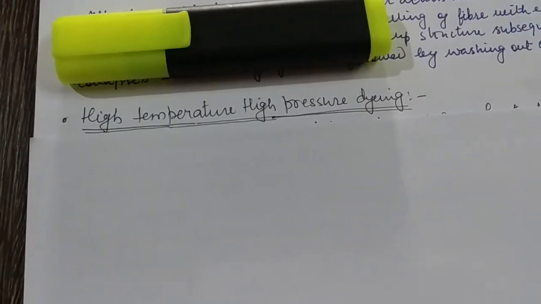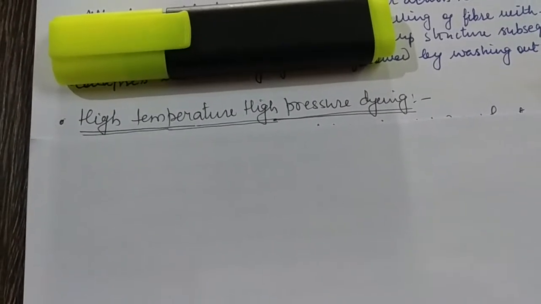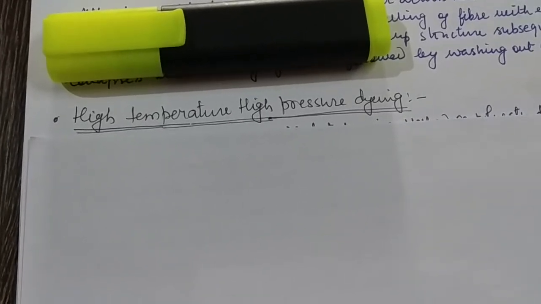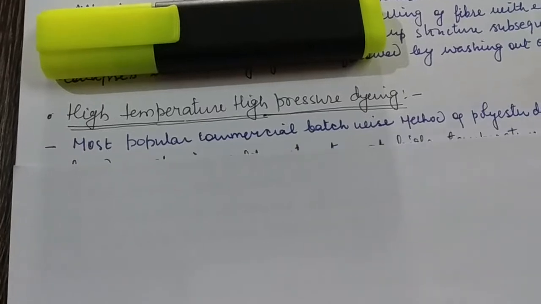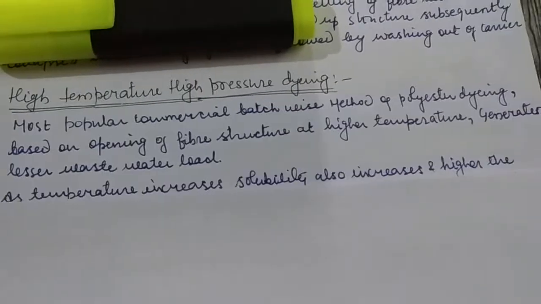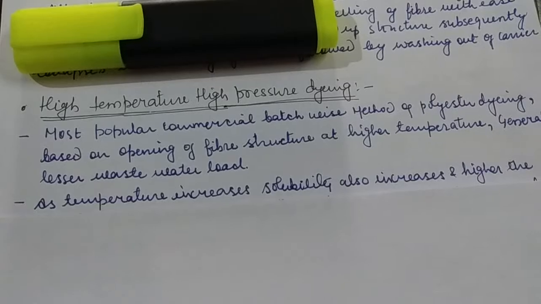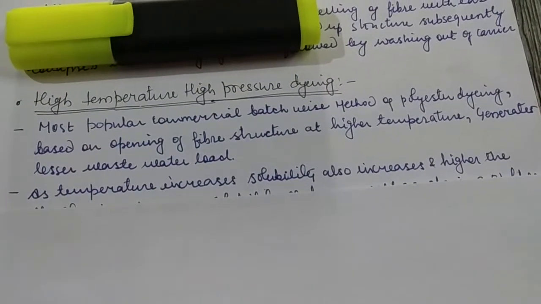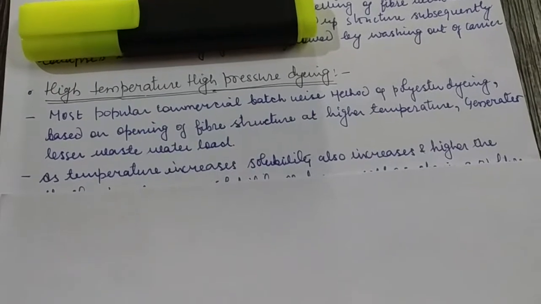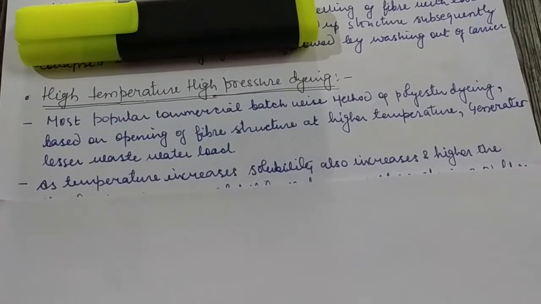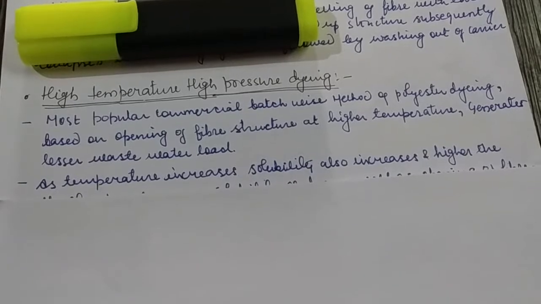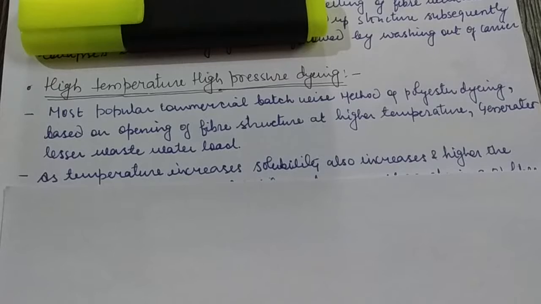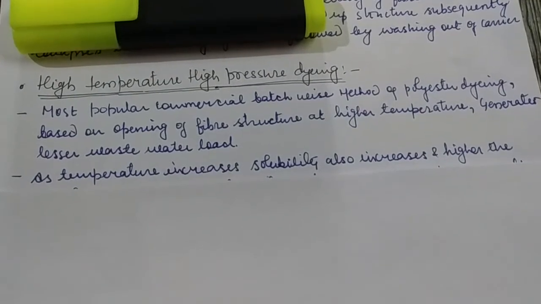In the high temperature, high pressure dyeing method, the dyeing of polyester fabric is carried out at around 130 degrees centigrade. This method is one of the most popular commercial batch-wise methods of polyester dyeing. This method is based on opening of the fiber structure at higher temperature and generates a lesser waste water load, because in this method we do not use carriers. That's why the effluent load generated due to carrier is not